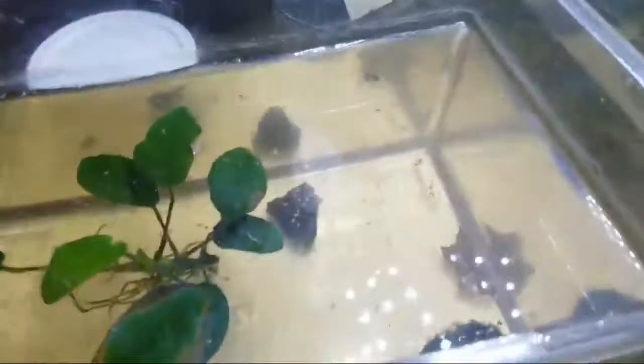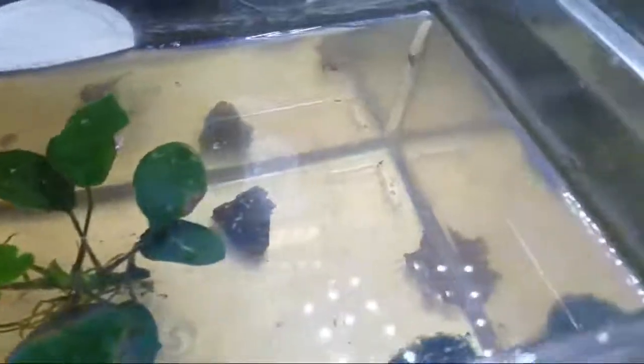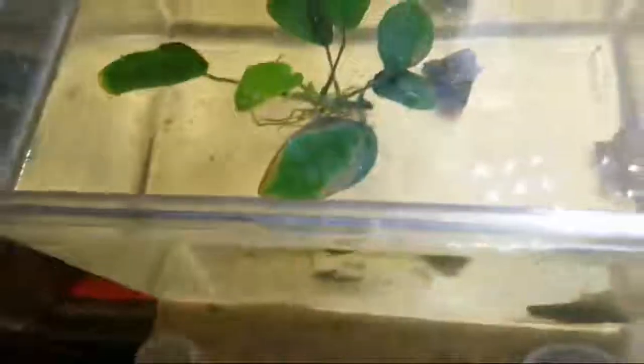I'm going to try to show you a couple of baby bettas real quick. The water is scummy on top, which I don't like, but where did you go, dude? Well, that's one right there I can't show you, apparently. I'm not entirely sure where he's at around here, but